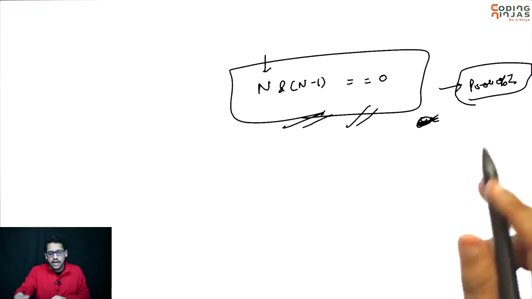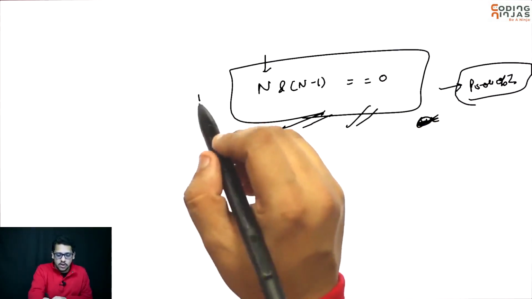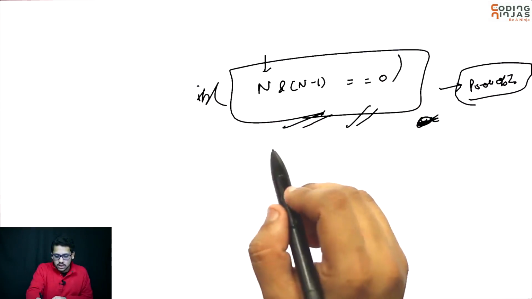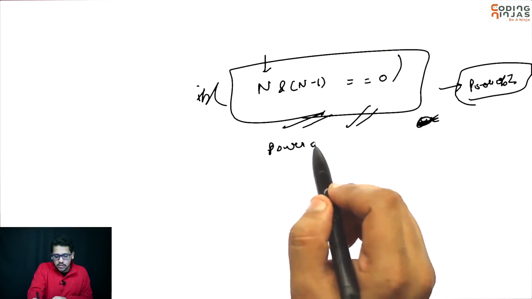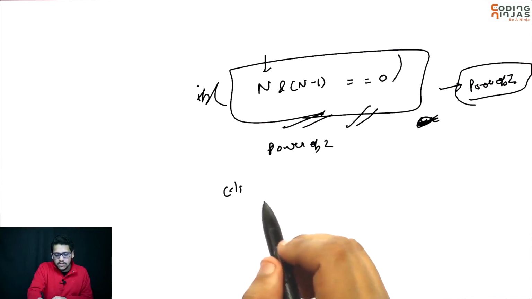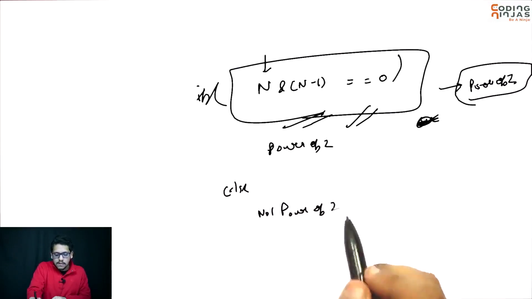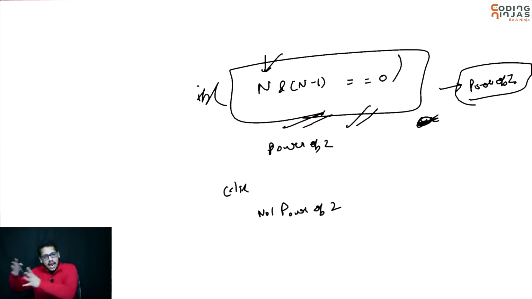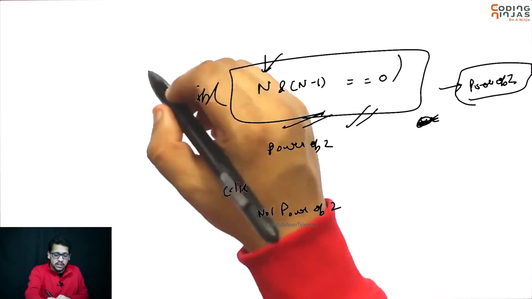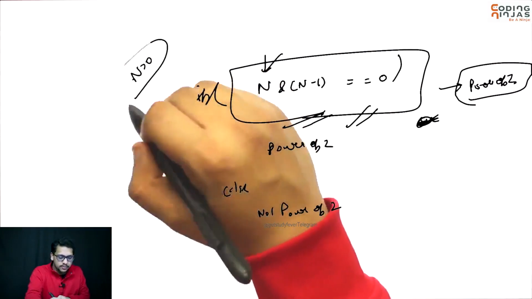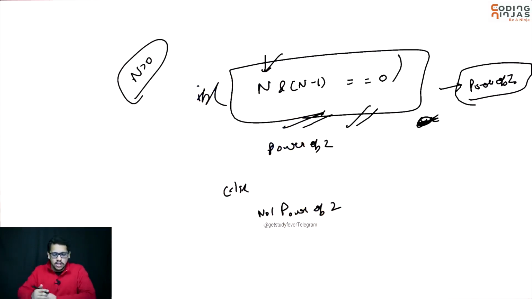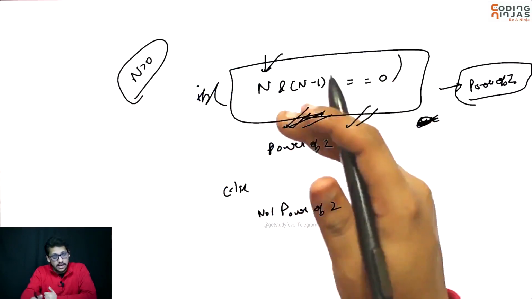और अगर ऐसा हो पा रहा है तो इट इज पावर ऑफ 2, और अगर नहीं हो पा रहा तो डेफिनेटली क्या होगा? वो पावर ऑफ 2 नहीं होगा, नॉट पावर ऑफ 2. ये केवल पावर ऑफ 2 वाले नंबर है जिसमें n एंड ऑफ n minus 1 करोगे तो 0 बन जाता है. ठीक है, यू कैन टेक ऑल द नंबर्स एंड डेफिनेटली n शुड बी ग्रेटर देन 0. पॉजिटिव नंबर्स की बात हो रही है तो अगर तुम ये नंबर चेक कर लो, इफ n and n minus